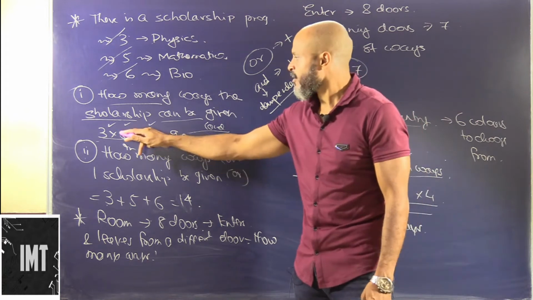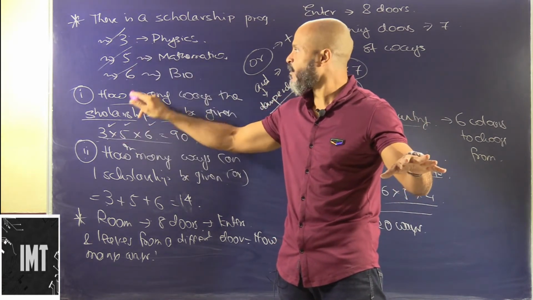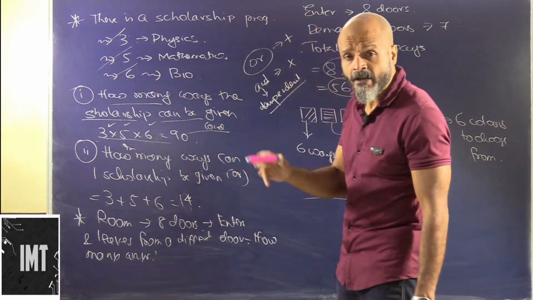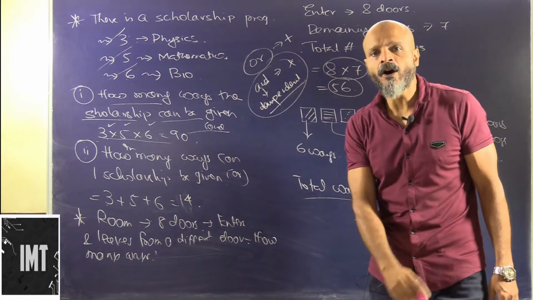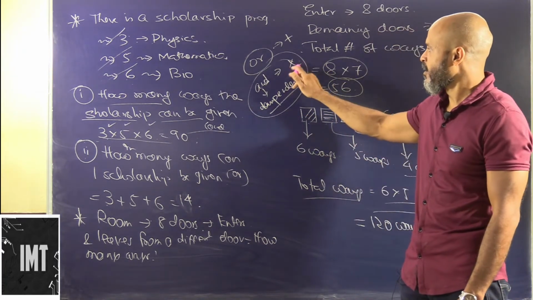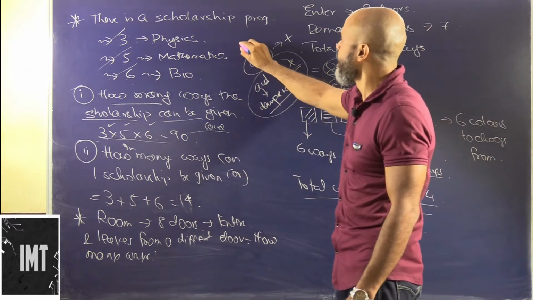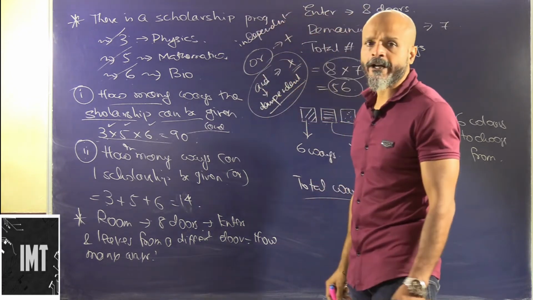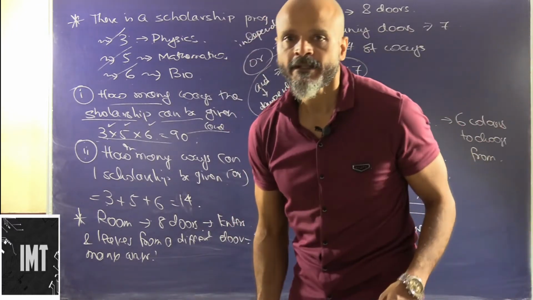Here also, after 3 have gone for physics, 5 will go for mathematics and 6 will go for the next one, so these are total numbers. So one event is dependent on the other. So wherever there is dependency or an AND condition, you will have multiplication. Wherever you have independent events, or an OR condition, you will generally have addition. Okay.